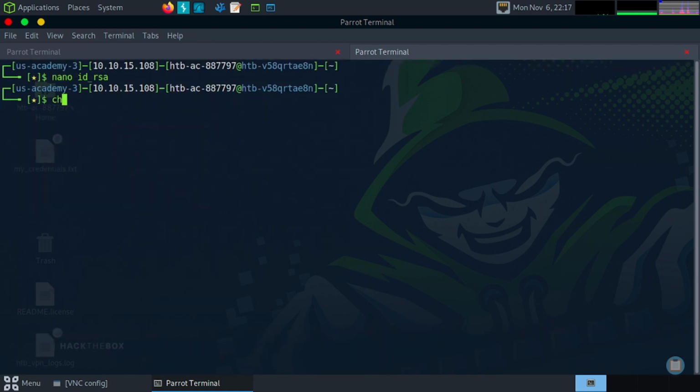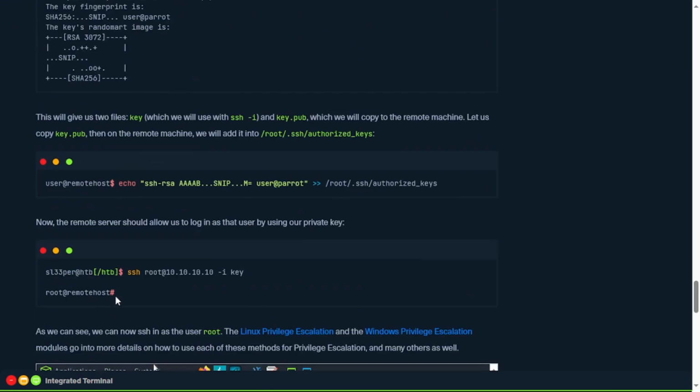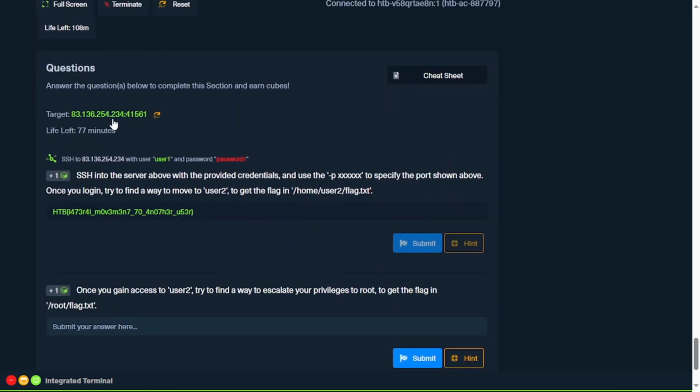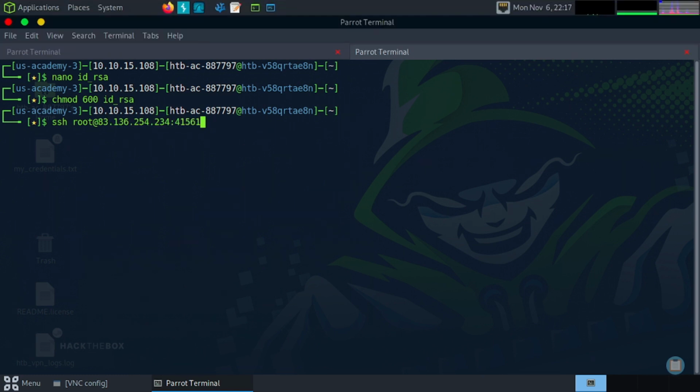And we did chmod 600 to id_rsa. So ssh root, hopefully, at our IP address with our port number,